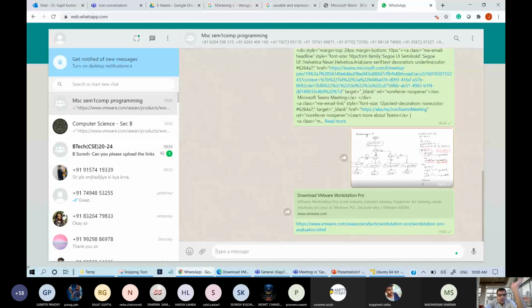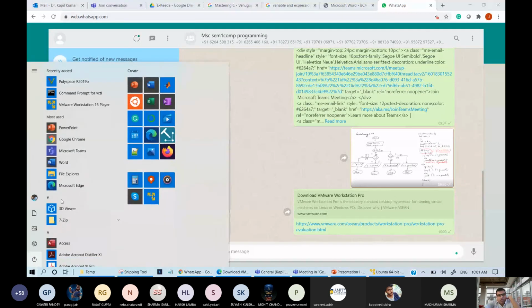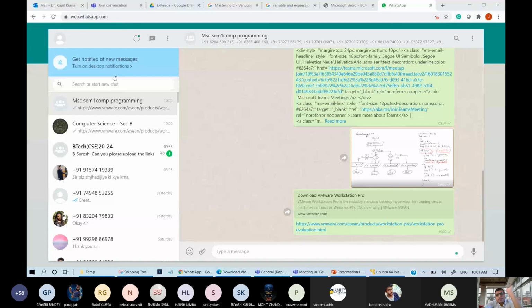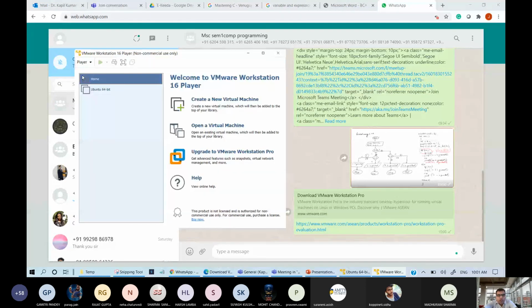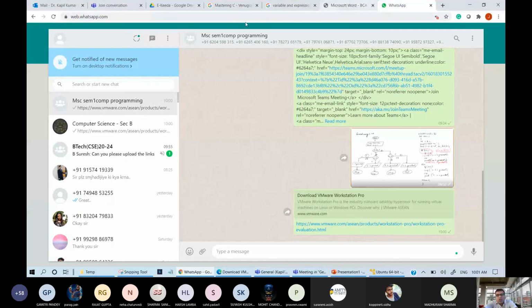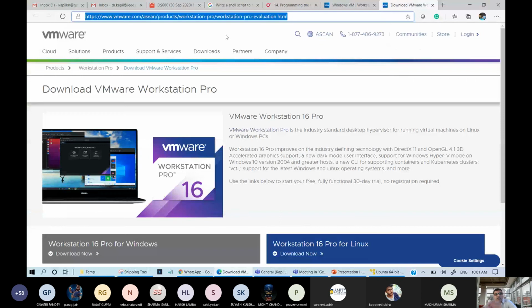This is a virtual machine. So after installing this virtual machine, this will open like this. Okay, and from here you can create a new virtual machine using this button. Fine. So I can take a demo of this whenever you have this downloaded version. And similarly, one more thing you need to download, that is your Ubuntu.